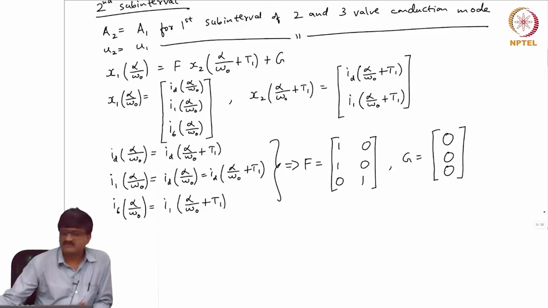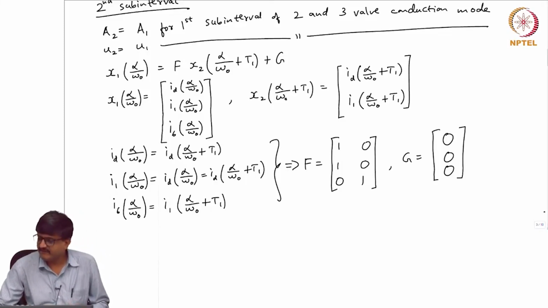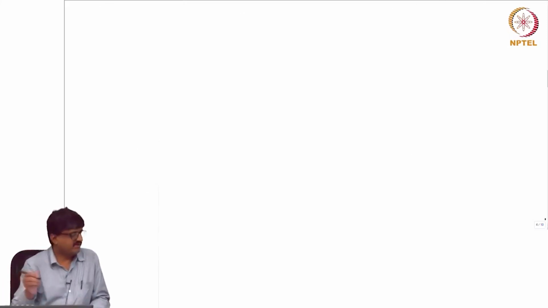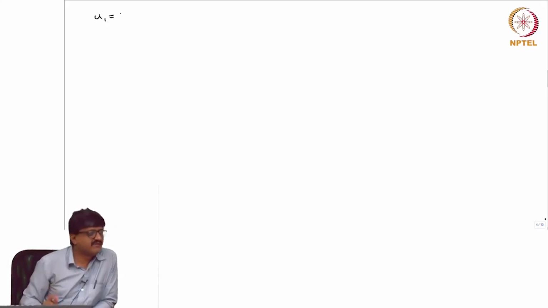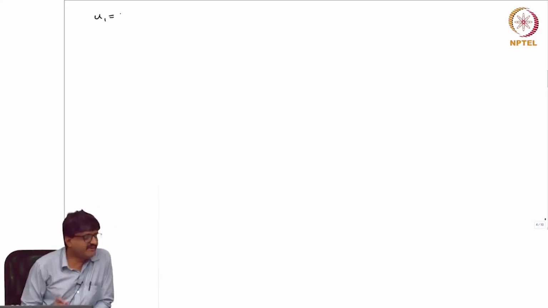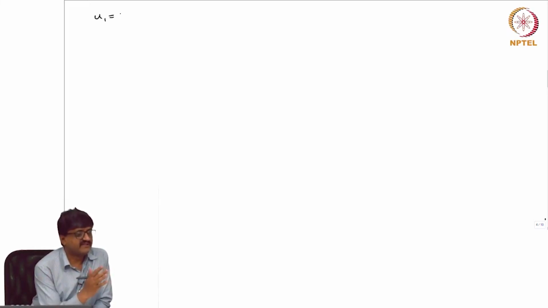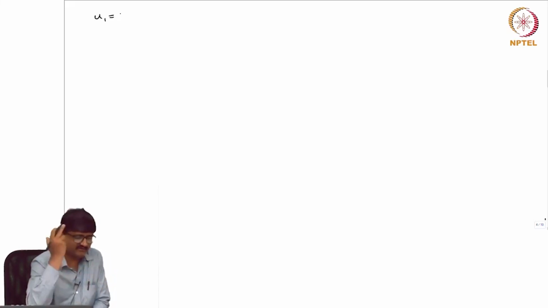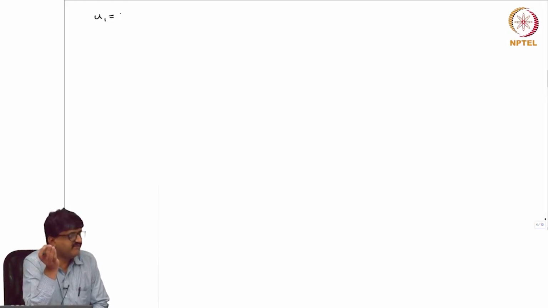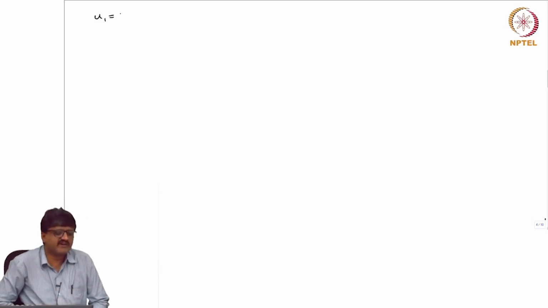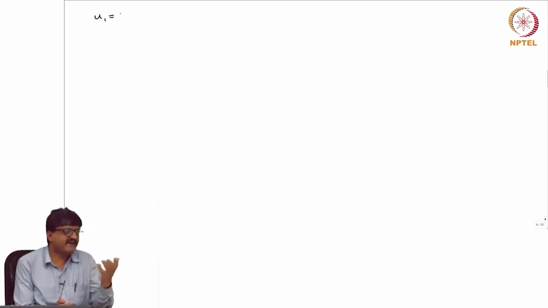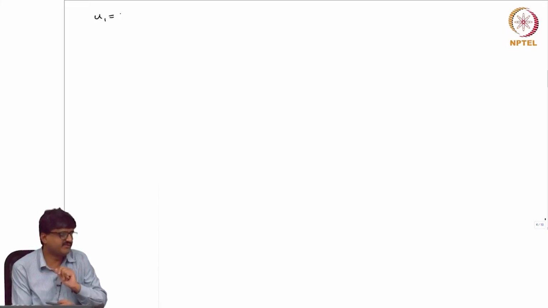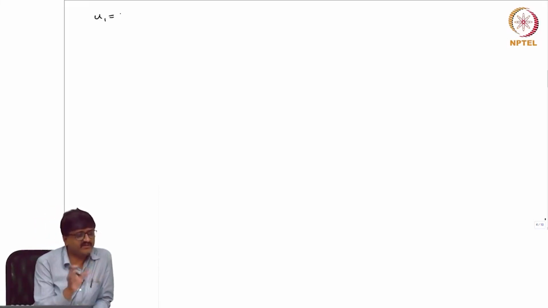Now, how to do that integration? That integration will involve u1 and u2. If you look at u1, in general this u1 depends on what is there on the DC side and what is there on the AC side. Now, on the AC side what you have is only sinusoidal voltage sources. On the DC side you have either a constant current source or a constant voltage source. So, if you look at all the cases that we have considered so far, whether it is u1 or u2, it is dependent on some constant or sinusoidal terms. Constant can be due to the DC side voltage source,